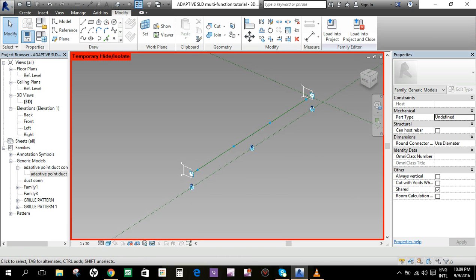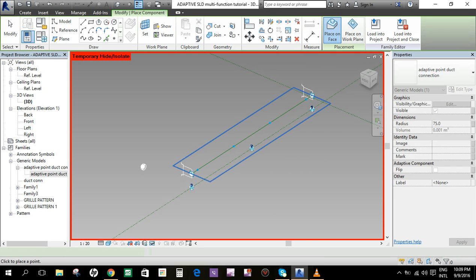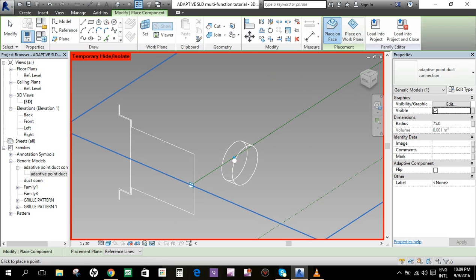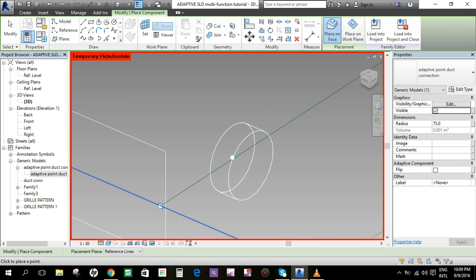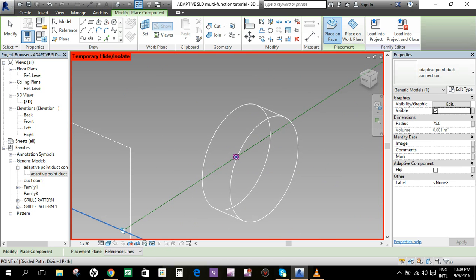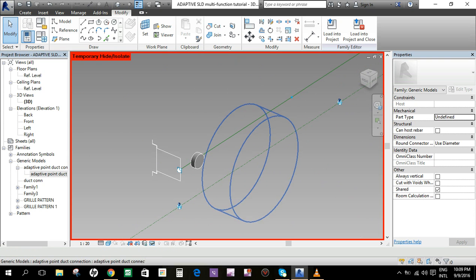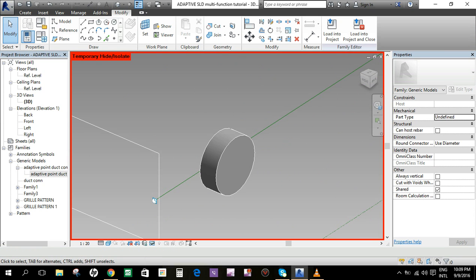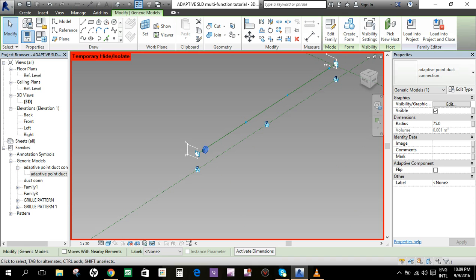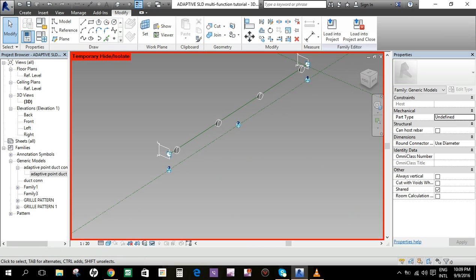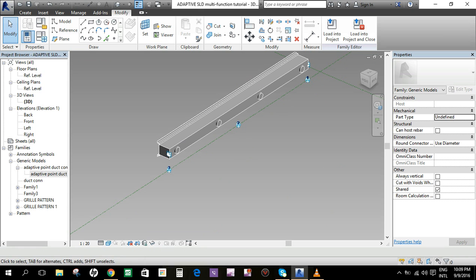Now, we create again an additional family. Okay. Let's click here. Then select repeat for connection. Okay.